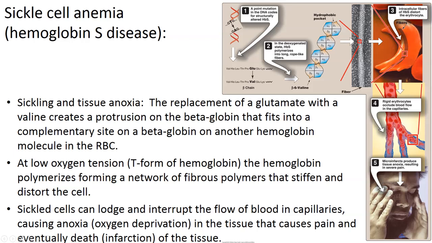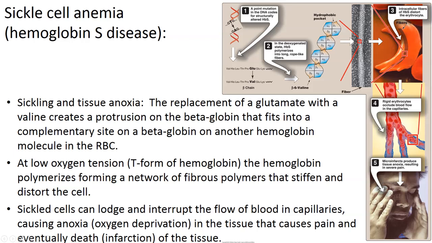Or actually, with this case, because we're talking about the beta globin chain, they would survive to birth, but shortly after birth, they would die when you start making this beta globin chain. Fetal hemoglobin is a little different. Because you do have adults with sickle cell hemoglobin, you know that it's got to be at